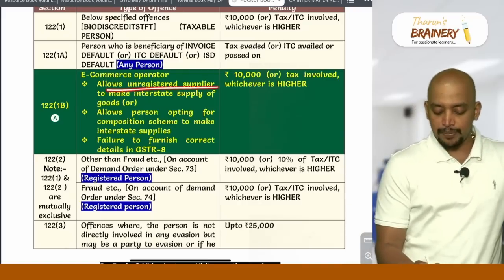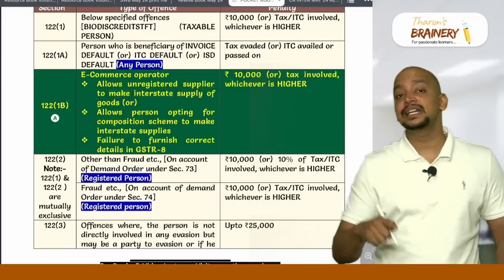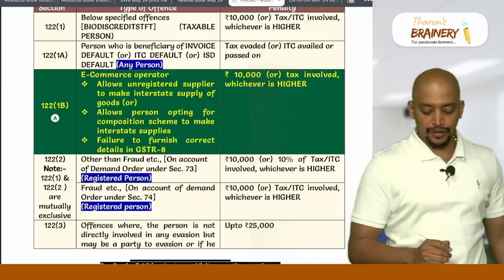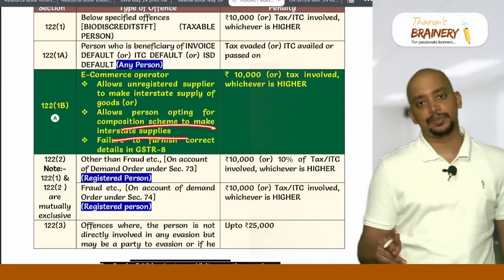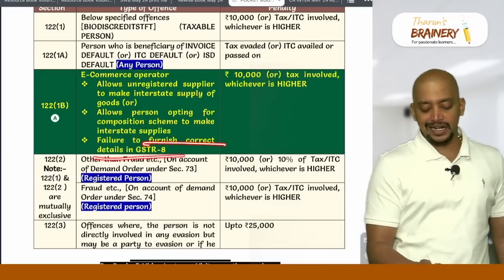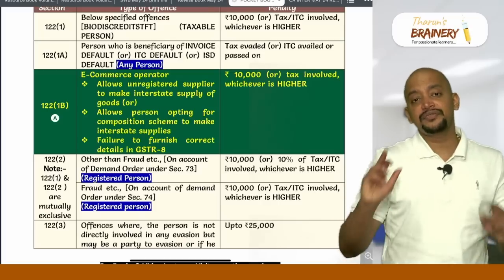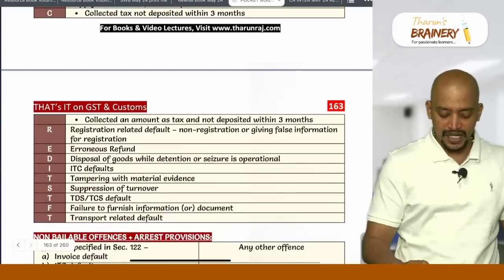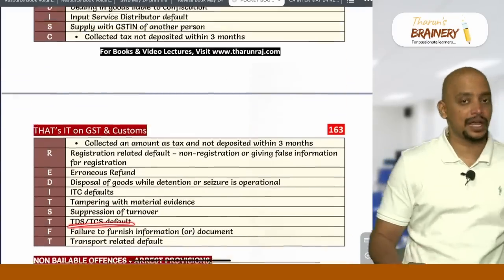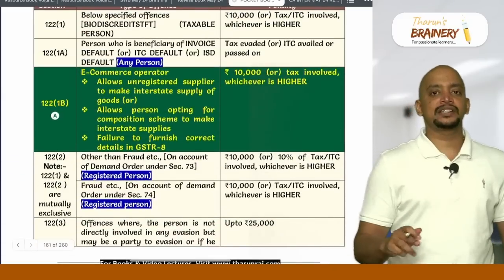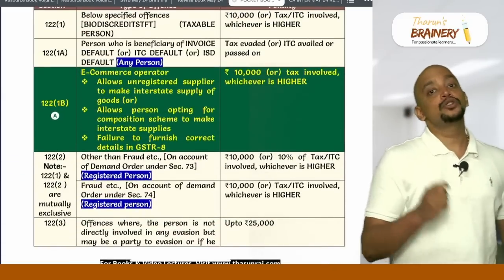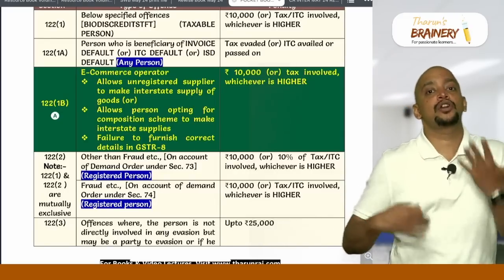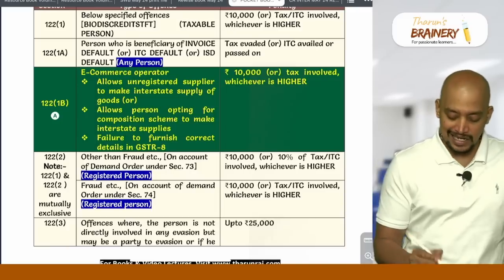So unregistered supplier to make interstate supplies. Basically intrastate supplies are allowed, but interstate supplies, or allowing a person opting for composition scheme to make interstate supplies, or failure to furnish the correct details in GSTR 8. Suppose if it is related to TCS, then it is already covered under 122 subsection 1, that is TCS TDS default. Okay, whereas if the e-commerce operator is allowing an unregistered person to make interstate supplies, or a person opting for composition scheme to make interstate supplies, or the e-commerce operator not giving proper details in GSTR 8, then